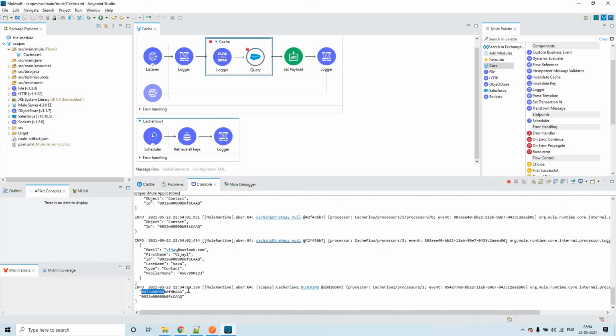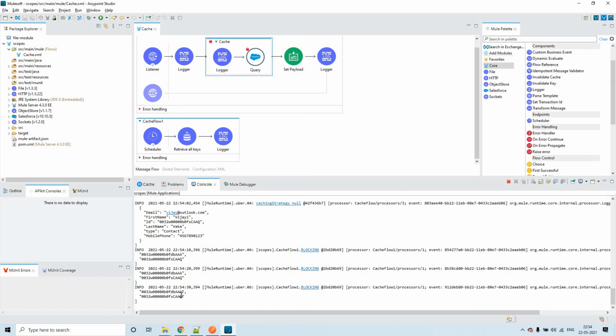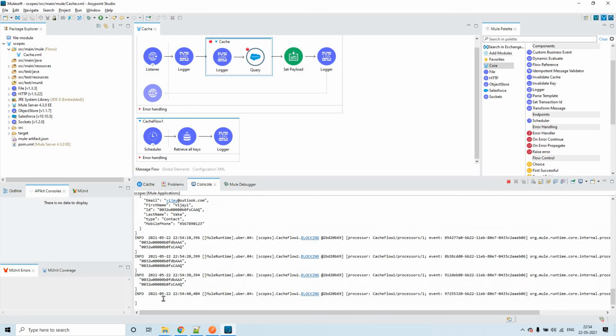See, now we could see 2 keys, right? And after some time the initial key which got stored a few seconds or few minutes back will be removed. Here we have 2 keys. At some point of time it will delete one, and after 60 seconds it will remove everything. Okay, so 10, 20, 30, 40. See, now it has erased both the things.